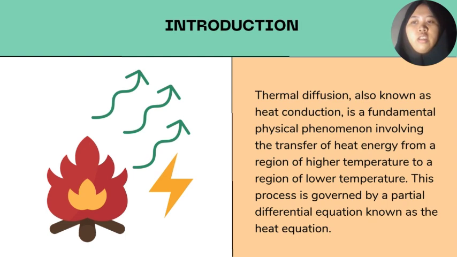Heat propagation in a continuous medium such as solid, liquid, or gas is described by the heat equation, which is a partial differential equation. It is the basic mathematical theory of thermal diffusion. In other words, the heat equation describes the distribution of heat or temperature fluctuation in a particular area over time.